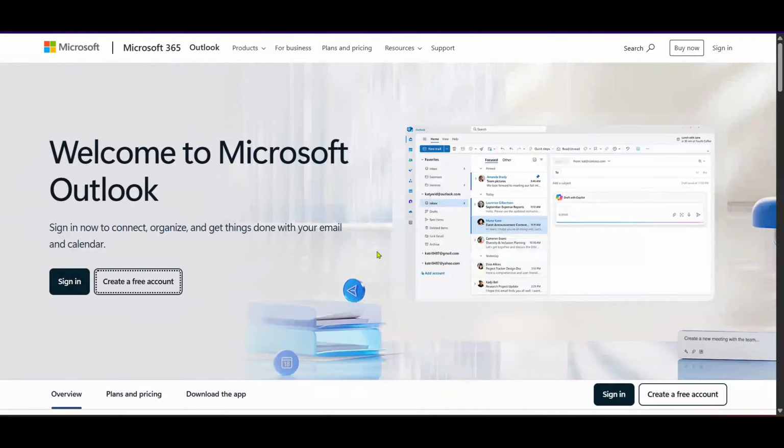In today's video, I'm going to teach you how to create a Hotmail account. It's a straightforward process and should only take about 5 minutes of your time. Let's dive in. First, open your web browser and head over to the Microsoft Outlook login page, which is part